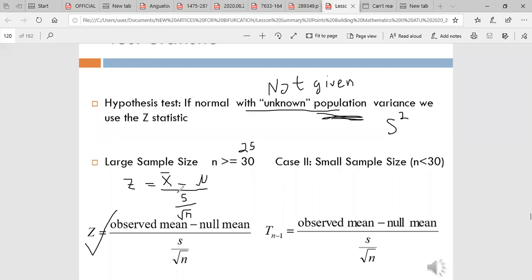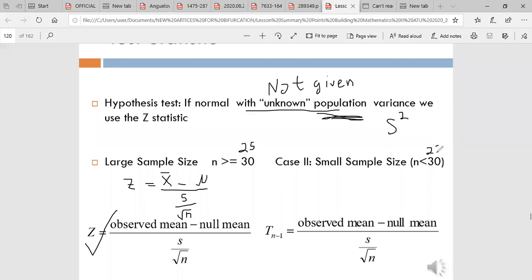So when the population variance is not known, use the sample variance, and then replace the population standard deviation in the formula with the sample standard deviation. But you need to ask yourself, if the sample size is large, that is bigger than 25, then you use the Z. But if the sample size is smaller than 25,